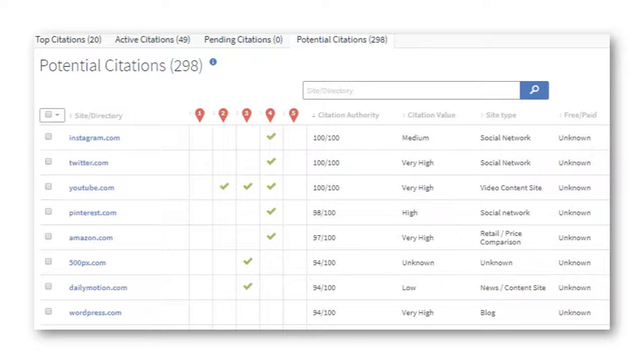And then we will get a listing of the potential sites. This is the potential citations and the authority. This just tells us how important that citation is, whether it has a lot of value, very high or low. It'll tell us, based on if we input your competitors, where your competitors have citations. For example, if 3 out of your 5 competitors have a citation at youtube.com, well, you want to make sure you have one as well, especially if they're beating you out in the rankings.